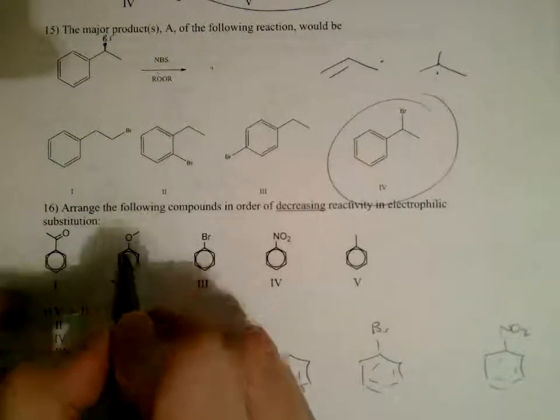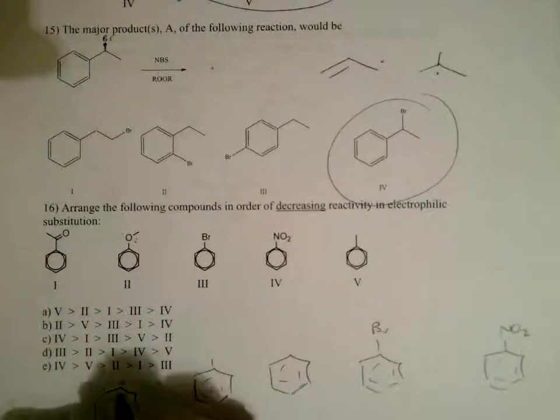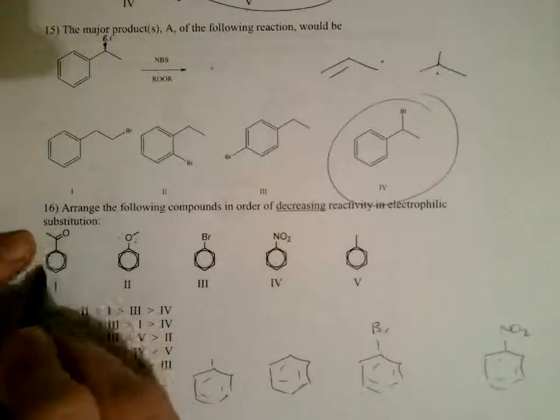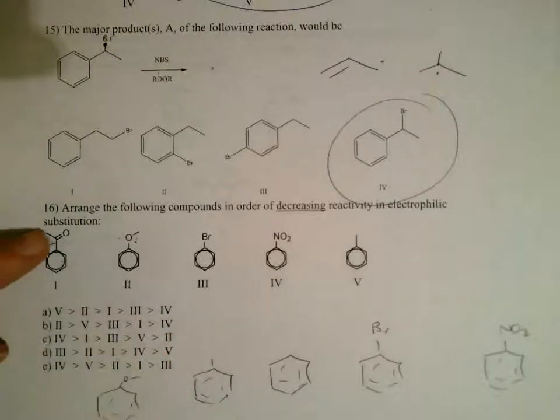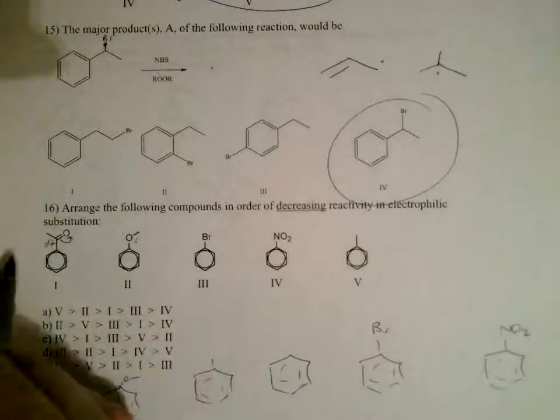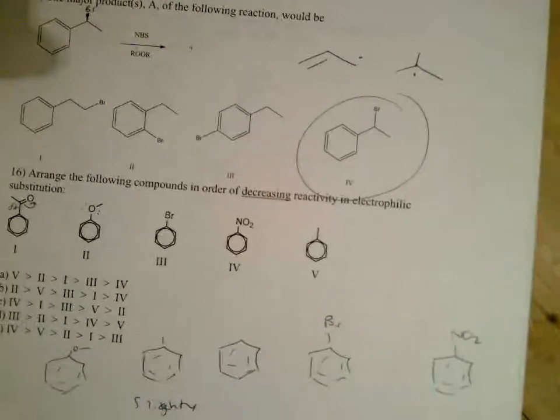And actually, because of the lone pairs right here, this one is also more activating than a methyl group. Anisole is what this is. And then acetophenone has a partial positive right there because there's a resonance structure where there's a positive here and a negative charge up here on the carbonyl. That's going to come up a lot more in the later chapters, but knowing that now,